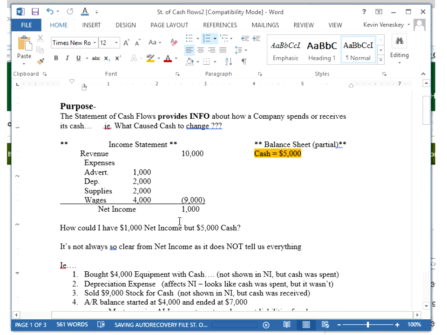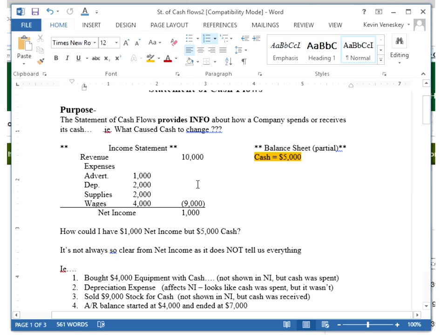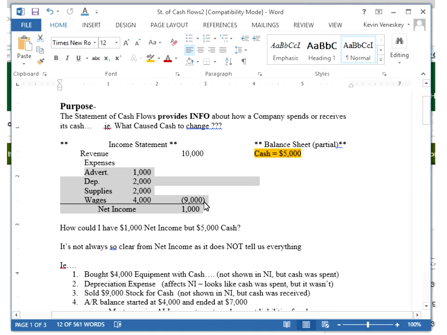But that's a good thing in this case, because nowhere did I actually spend cash. So if I didn't spend any cash, and it doesn't look like anywhere over here that I spent $10,000 in cash, then this would be something that I do not have to do anything with on the statement of cash flows. This $1,000 is still accurate. I don't need to adjust it for that